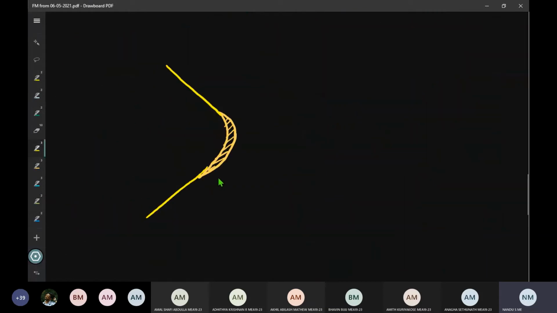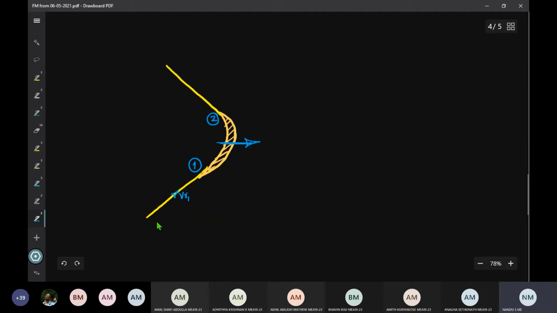Now let's consider the same unsymmetrical vane here, and we are going to mark these angles. This vane is moving in this direction. The vane tip angle here is 1, that is the inlet, and this angle here is 2. What we are aiming for is that the relative velocity must be along this.